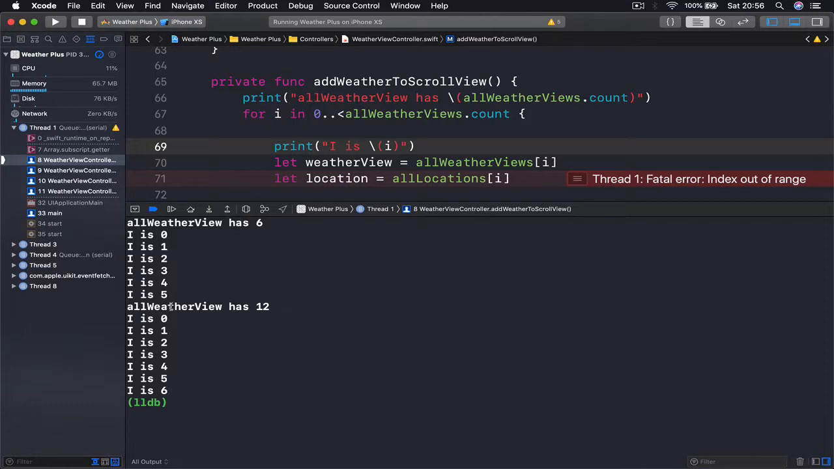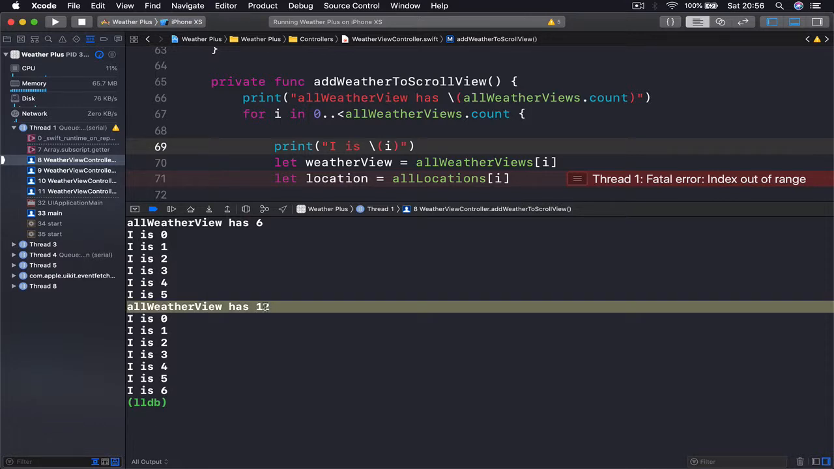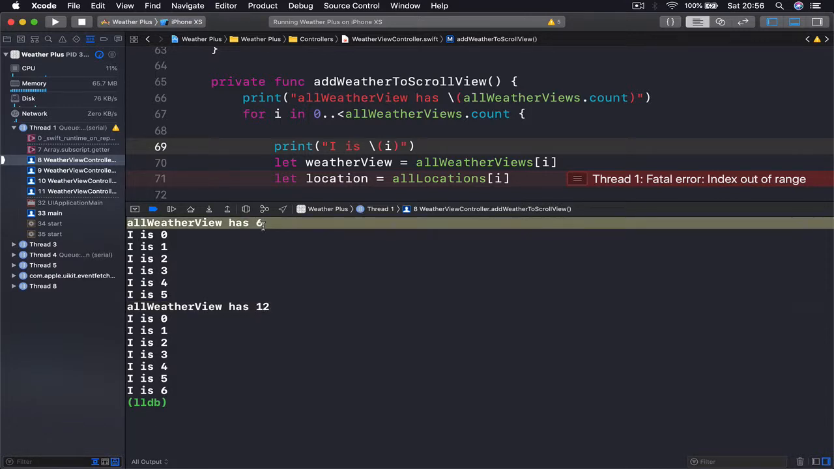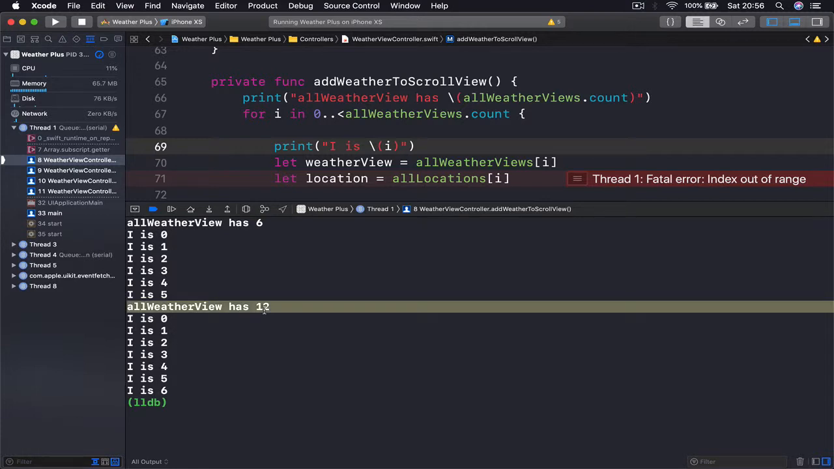So then if we check, all weather view has now 12 objects. So we initially had 6, and when we refresh it becomes 12, so it doubles. It means we are doing something wrong here, because our all locations don't get generated twice like our all weather